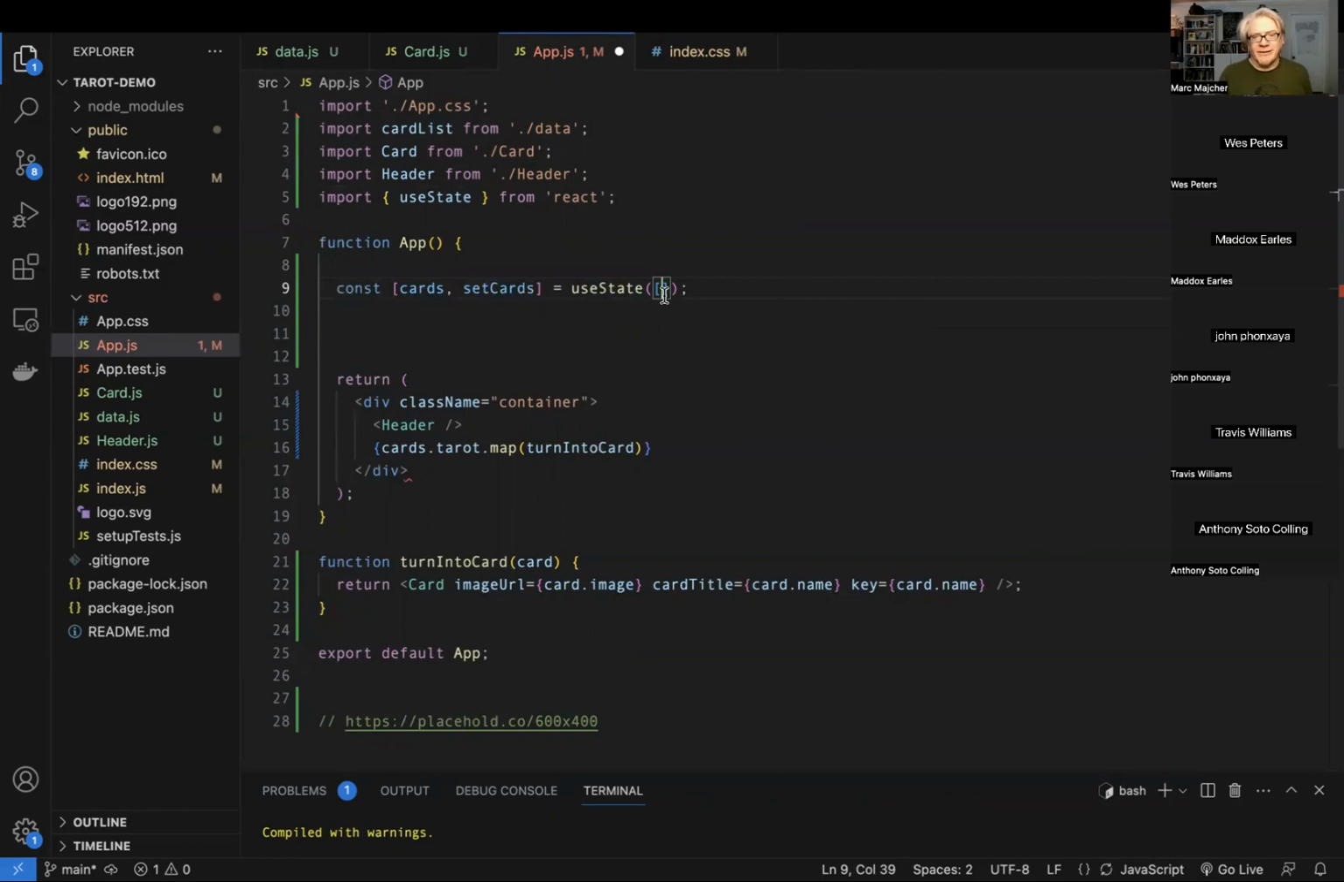The reason that's important is that you need to make sure that the default value of your state matches the shape of whatever data you're getting back. So if you're getting back an object, this needs to be an object. If you're getting back a string, that should be an empty string. If you're getting back an array, this should be an empty array. And that's because,